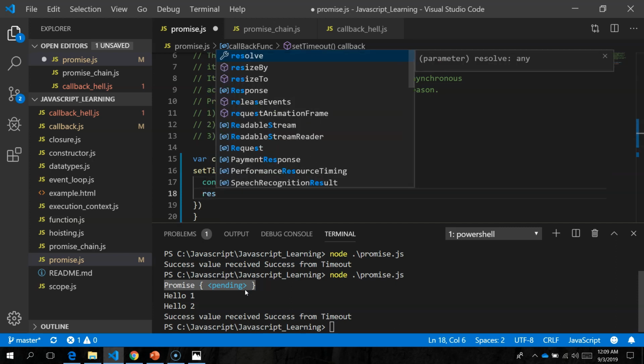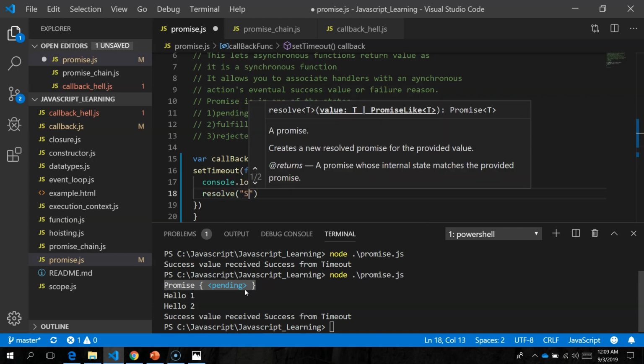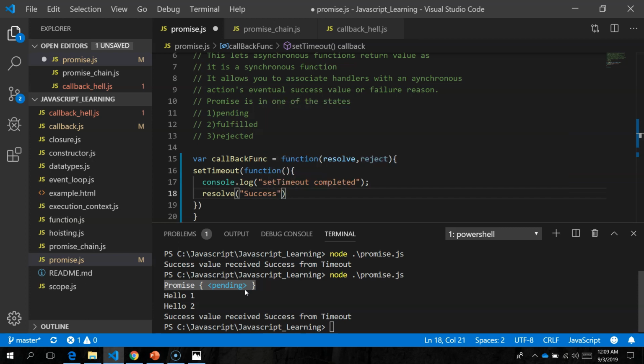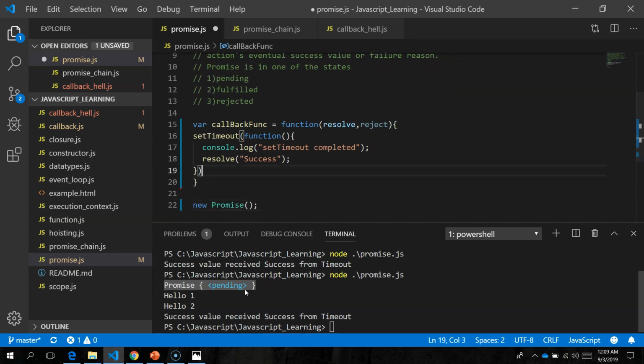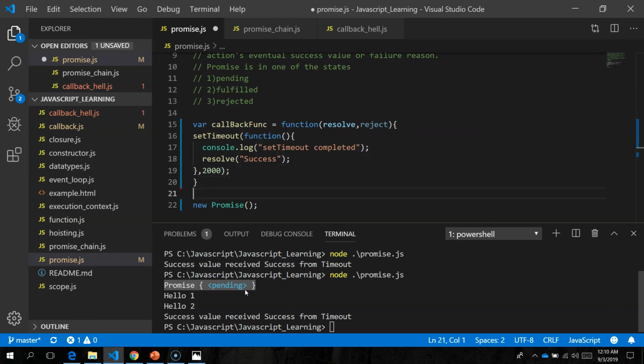Maybe I will also show you reject, but let me first do resolve. So let me have it as success. I will pass success from here. And the setTimeout function is also supposed to receive a value, the time after which it is supposed to execute. Okay. Let me add this callback function here.